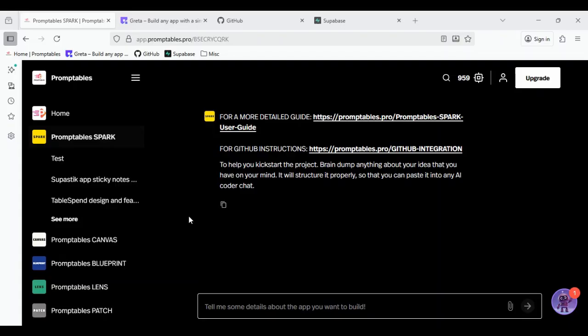For this build, we're going to build an app called Your Events. It's a browser app where users can add events with their name and their date, and then it's going to display a live countdown for them and give them a notification when the event is near, right? So what I've done, first thing we're going to do is go into Promptables Spark,